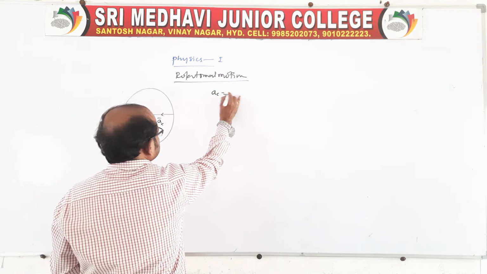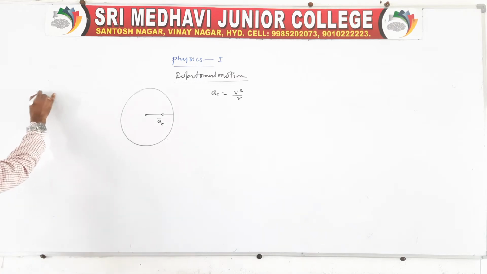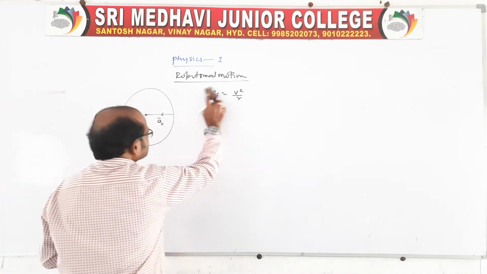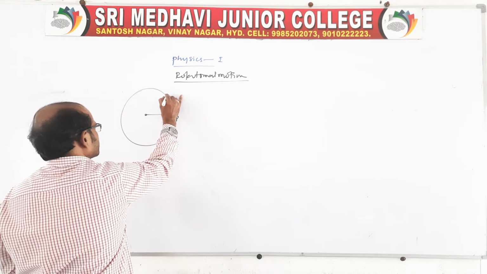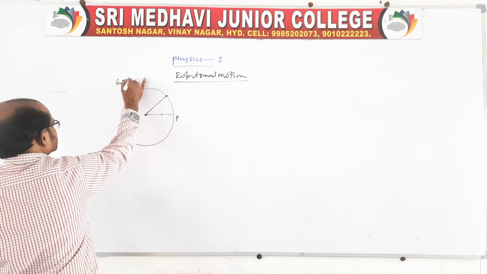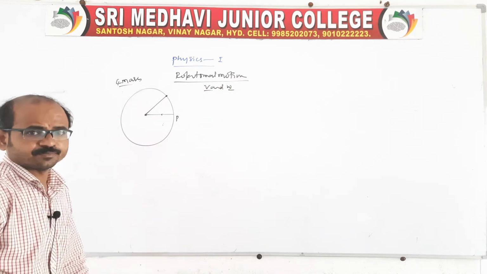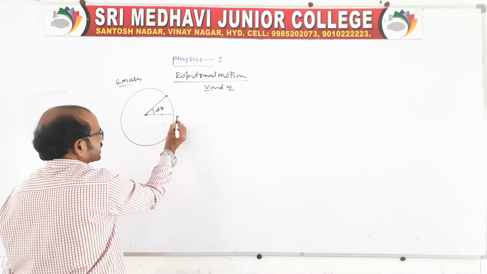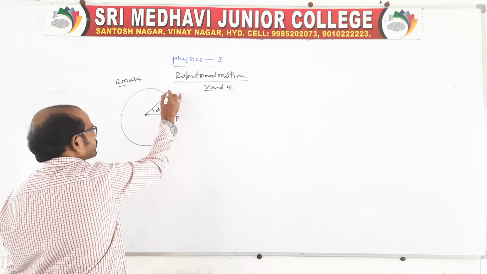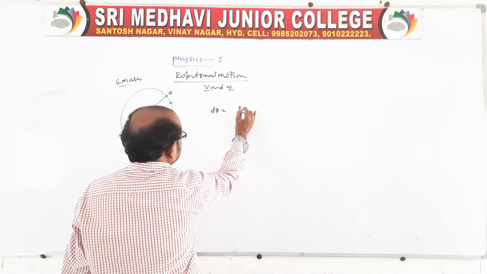There are some formulas. a_c is equal to v square by r, and there is one more relation before that, the relation between v and omega. I will tell you that first, because it is also very important. Before centripetal acceleration, consider the particle at a position P being displaced from P to Q. This is a 4 marks question, the relation between v and omega. See, this is already in your notes. v is the linear velocity and omega the angular velocity. The angle subtended by the particle is theta when it moves from P to Q, the angular displacement. So angular displacement theta is equal to arc length by radius.